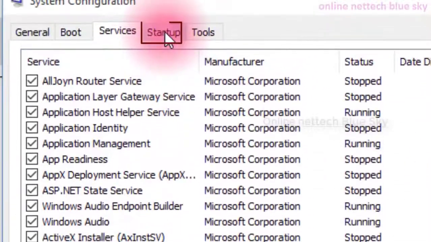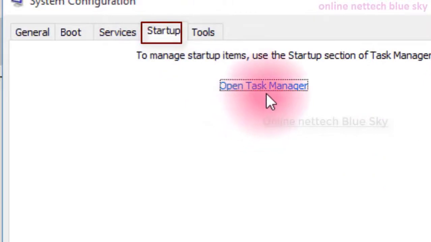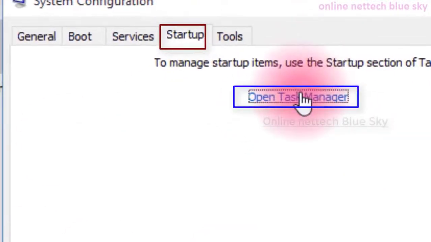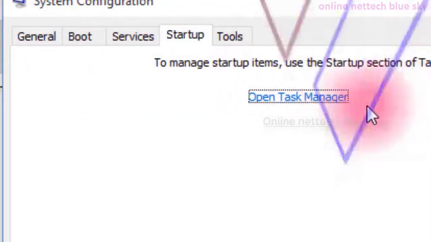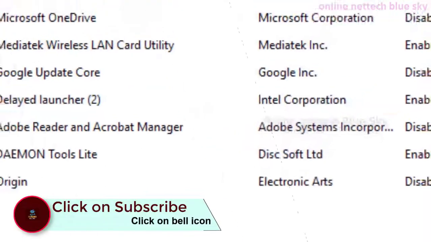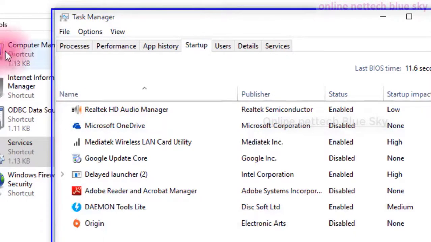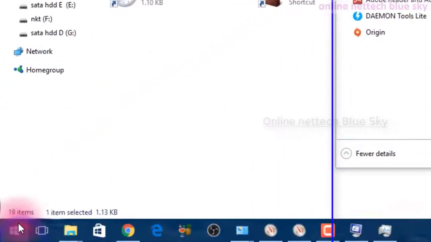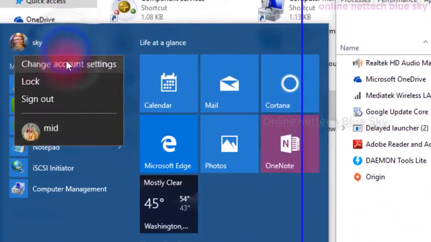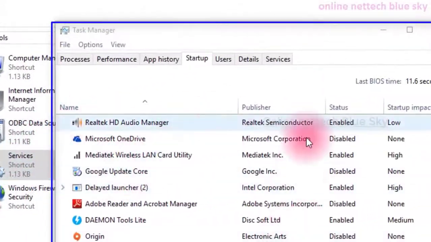But I just unclick and you can see here startup. So what is open task manager? It means at startup time you open task manager, and you can see here the startup items you can manage. Okay, startup means when your computer starts, at that time all of these services and software automatically start here. So what is startup and why use startup here? Because my computer always shows this tab in my account here. So this is all of the computer startup applications in my software.